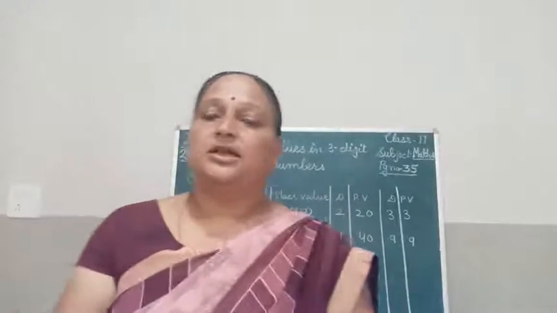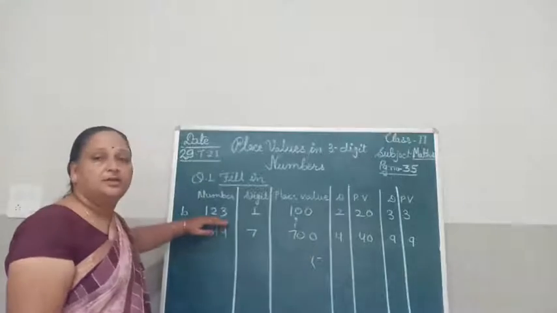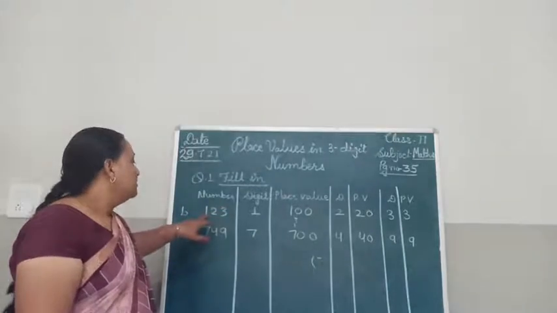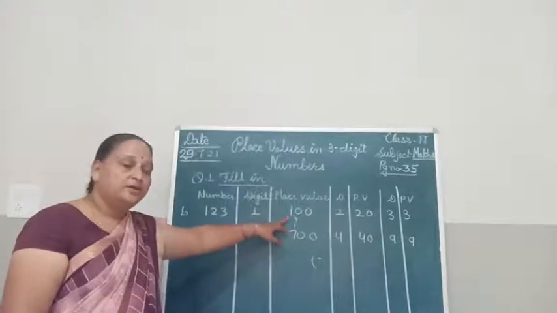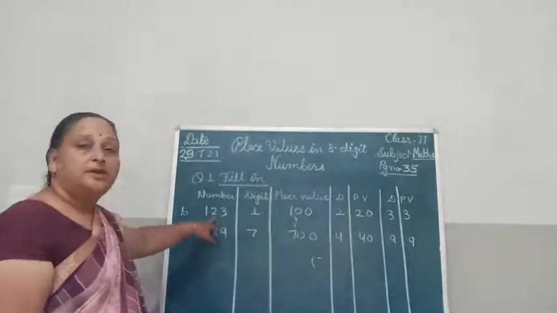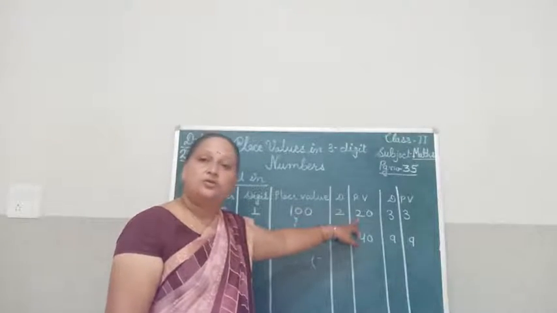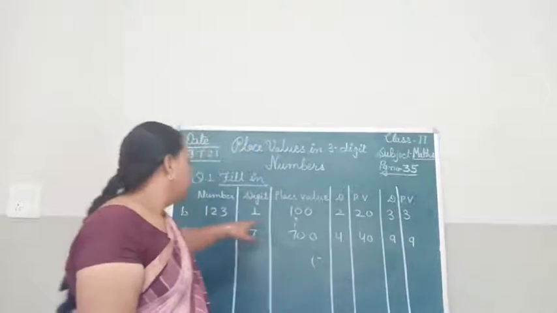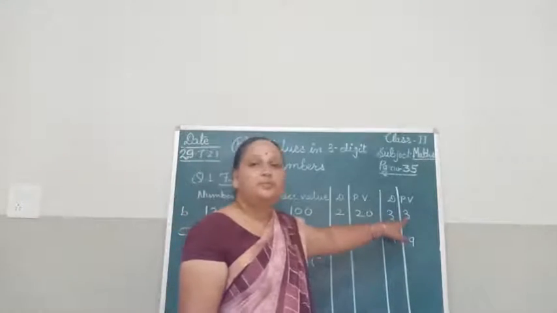अगर इस टाइप का क्वेश्चन आता है आपके तो आप ऐसे सॉल्व करेंगे. कैसे करेंगे? Suppose the number is 123. Digit 1, it's on 100 place, so place value is 100. Digit 2, it's on tens place, so place value will be 20. 2 tens or 20 are the same. And the 3, it is on ones place, so we will write the digit 3 and place value will be